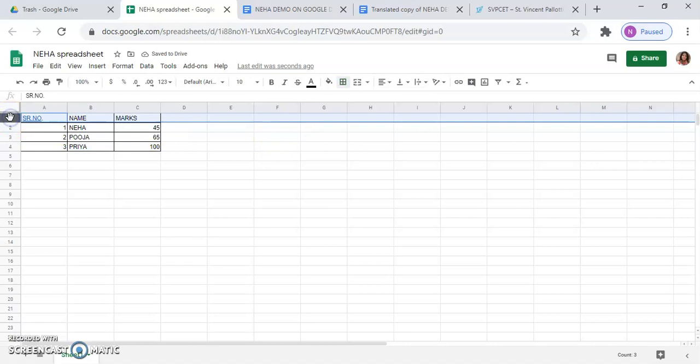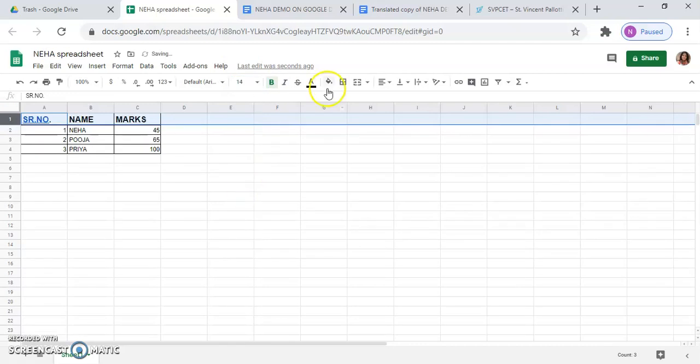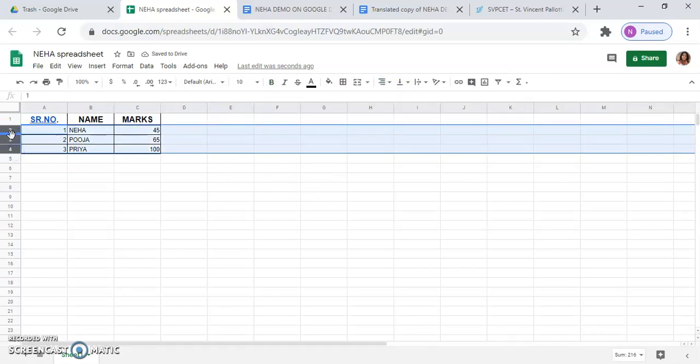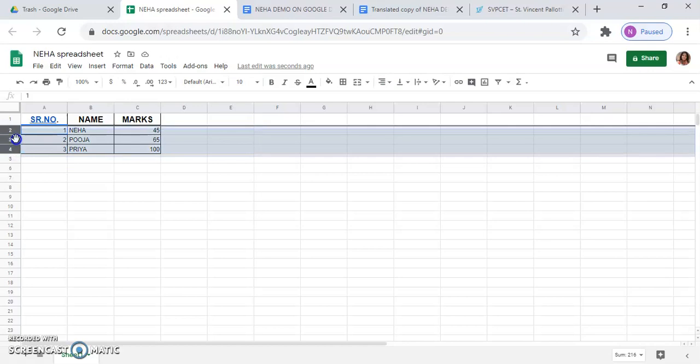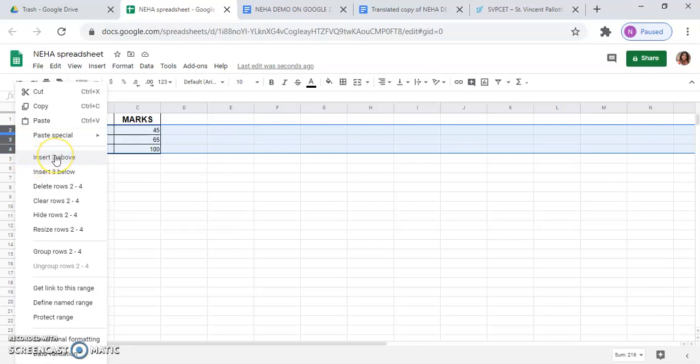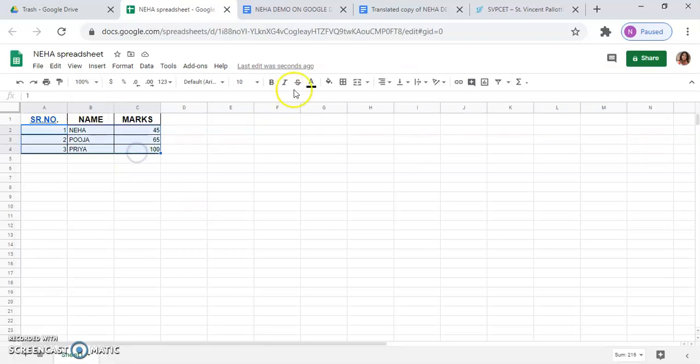Now if you want to edit the font, you can use this option of bold. You can increase the font size to 14. You can give an alignment horizontal, left, right and center. So I will give it as center. If you want to increase the space, or you can say the columns, you can do even that. You can even insert rows above, below and so on. Now, if you want the alignment to be in center, you will click align center.